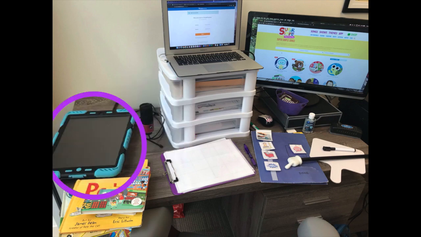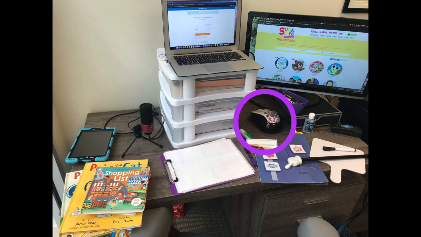I haven't been able to get my iPad to project or mirror onto my laptop, but it's not a huge deal. I just hold up the tablet to the screen and I show them the app and we can play that way. And the last piece of equipment I have there is my external mouse. I find that that is really necessary because my laptop is up so high that using the mouse pad on my laptop is really inconvenient. And having that mouse on the desk is super helpful so that I can toggle back and forth between things I want to share with them. So, some of these things aren't ideal, but it's been working pretty well for me.